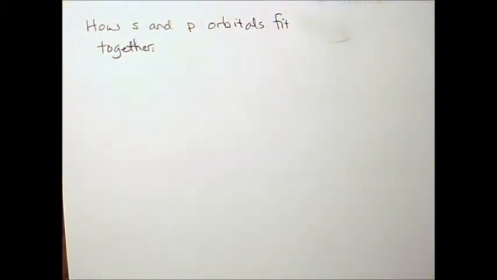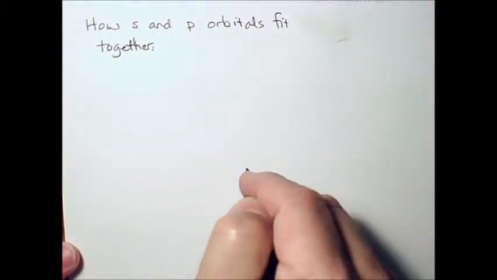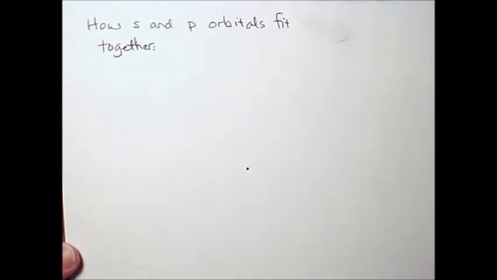Alright, so we made balloon models yesterday to show the shape of p orbitals and to show how those p orbitals fit together. But those p orbitals also fit together with s orbitals. Okay? And this requires a little bit of brain bending here. It requires a little bit of imagination. So if the nucleus of the atom is here, there's our nucleus, and the first primary energy level